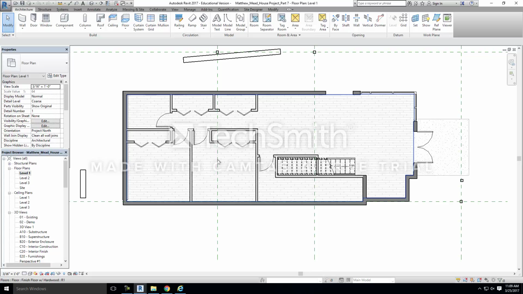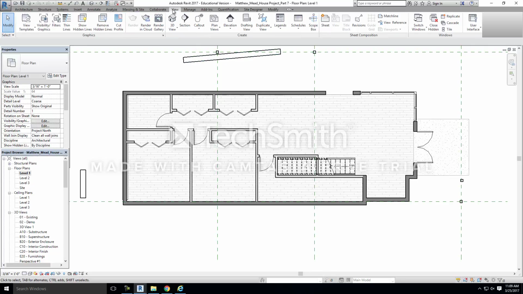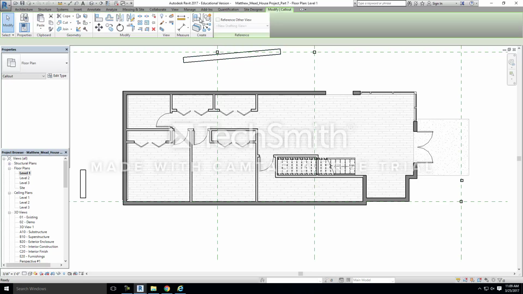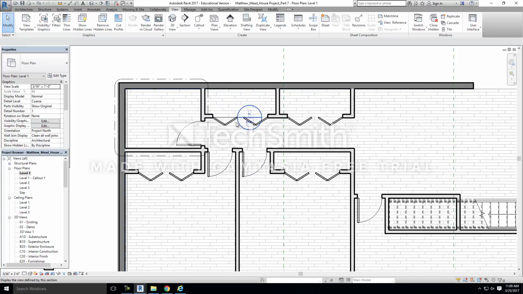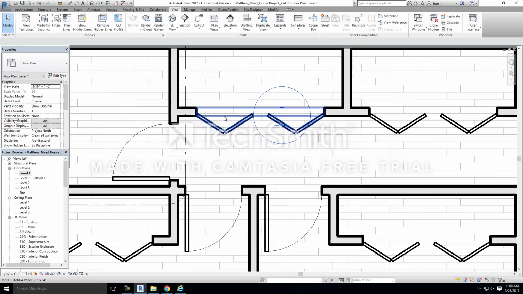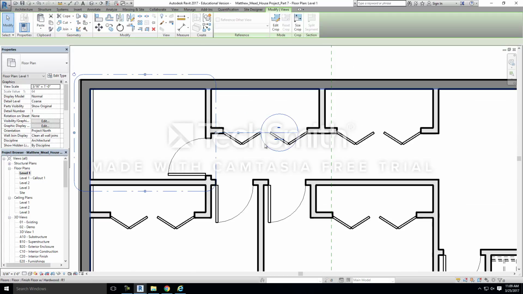Okay, so what I would suggest to do to create that detailed view is if you go up to View, you're going to see the button that says Callout. If I click on Callout, all you have to do is simply draw a box around the room that you're going to be working in. So for example, right here, go ahead and click, and we're going to select the little,